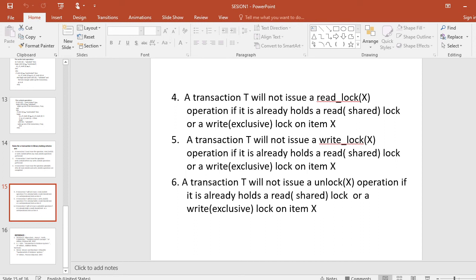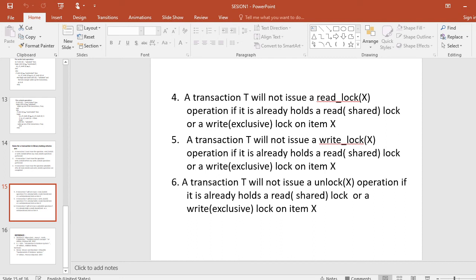The lock table must include transaction identifiers in the record structure for each lock to store the information on which transactions hold locks on the item.